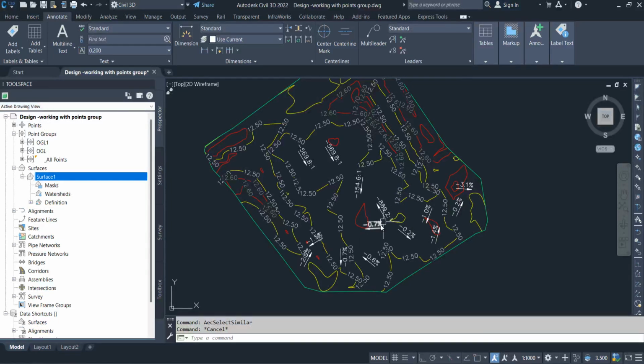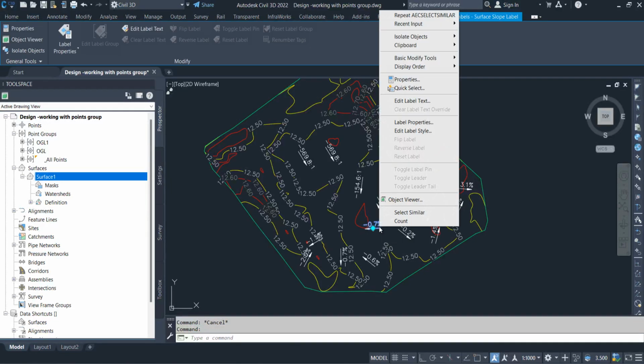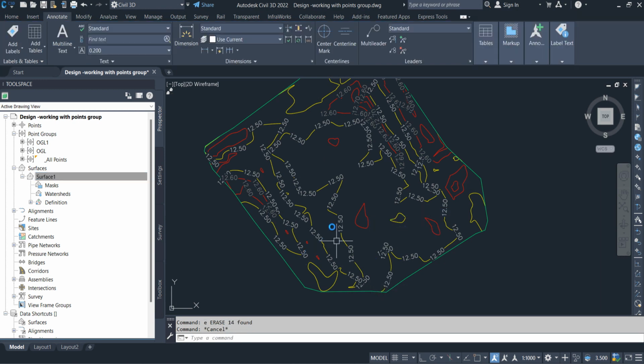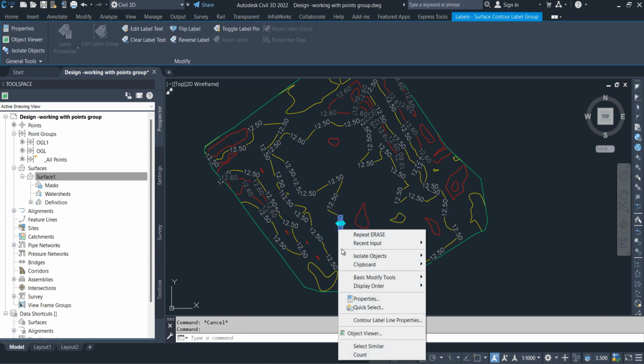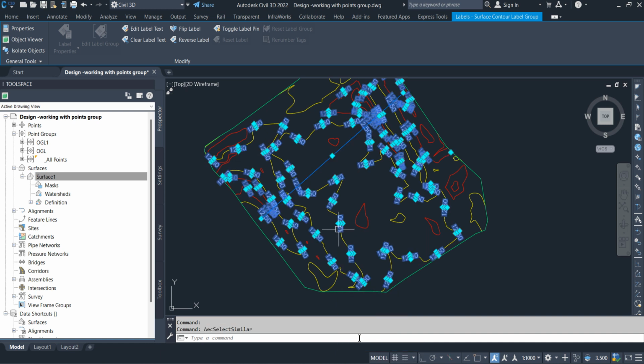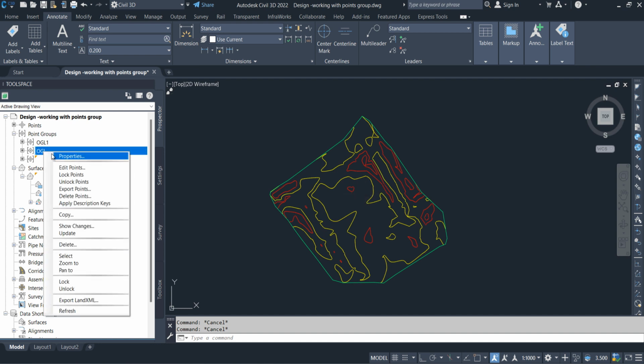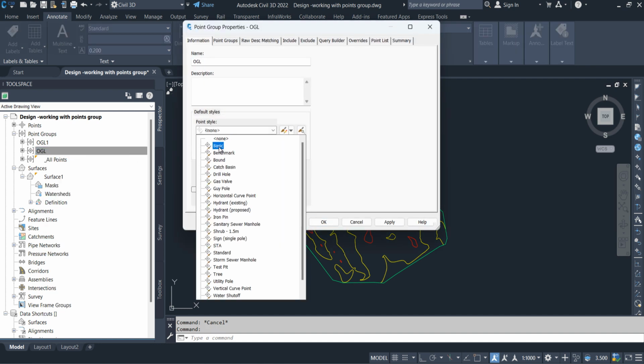So now I have to delete all this annotation. I have to explain other things. Delete, select similar, delete. Now I'm doing some editing in this surface to show how to edit the surface. So this surface is dynamic surface according to the points. So I have to turn on the points,